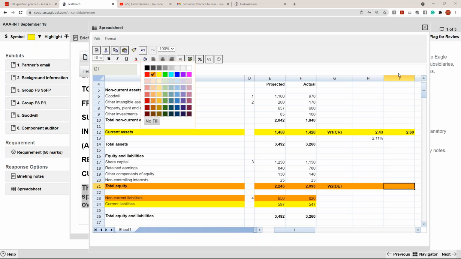So if any one of you is good on Excel, you can use the formulas to find the results. Using Excel is so much easier, right? And then you can translate your results to a briefing note by just telling the examiner, see the workings in the spreadsheet. So have any one of you found this practice beneficial?